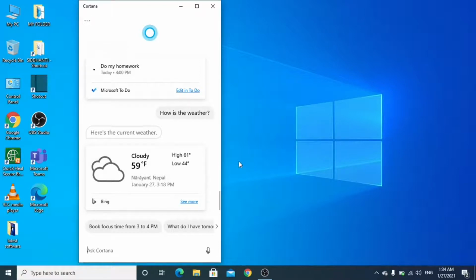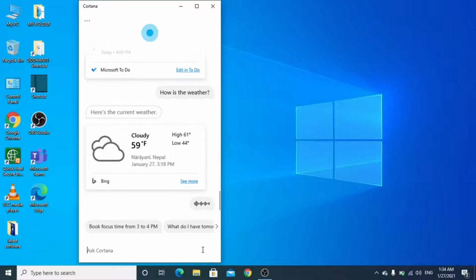Before using Cortana, you can set up some settings. For example, you can go to microphone settings and enable "Hey Cortana". Now let me ask another question. What is the definition of science?